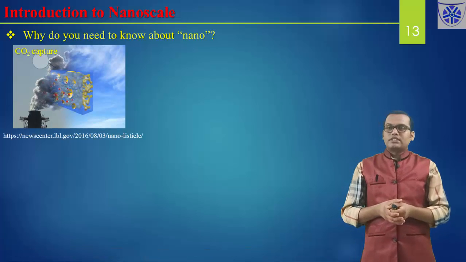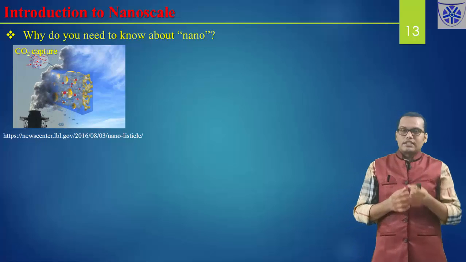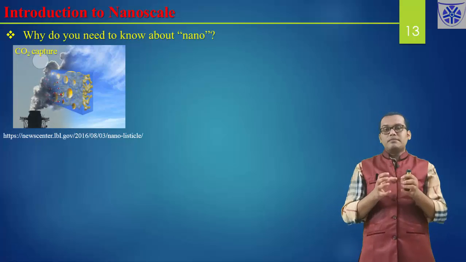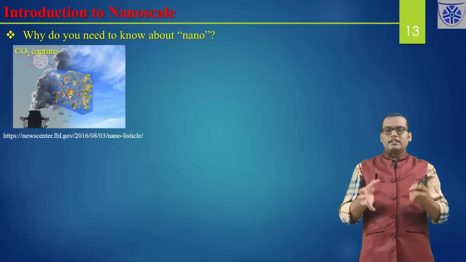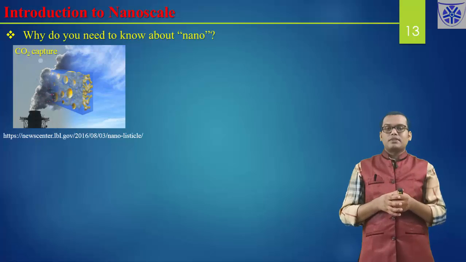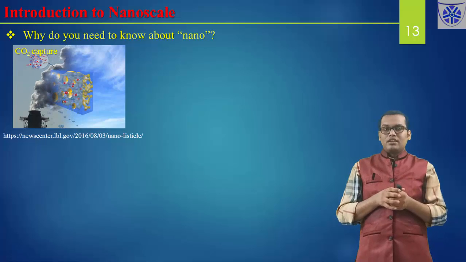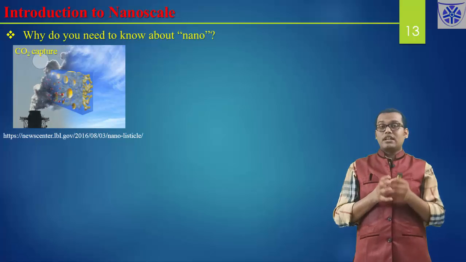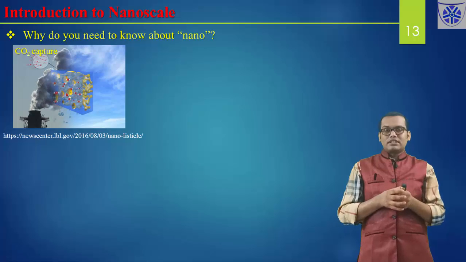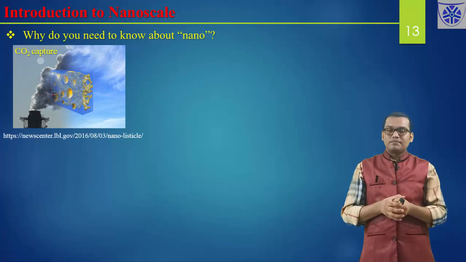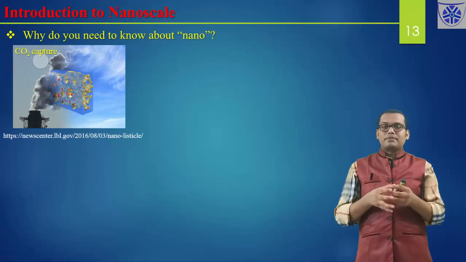And also, I'll give some examples. Like this example, this is carbon dioxide capture. We use some nanomaterials which specifically capture the carbon dioxide. In the air, you have oxygen, nitrogen, carbon dioxide. So a huge application of nanomaterials: you can generate some kind of metal organic framework or MOF, which are basically porous materials which will capture selectively only carbon dioxide, not the oxygen or nitrogen. That means there is some specific interaction with that molecule or that gas. Because of that, it is able to capture that material.